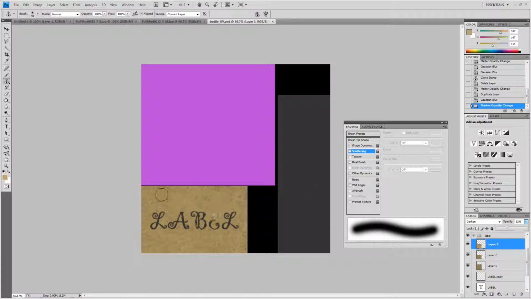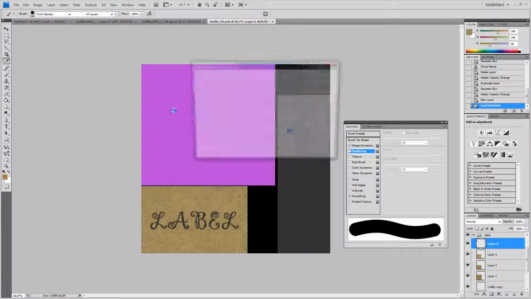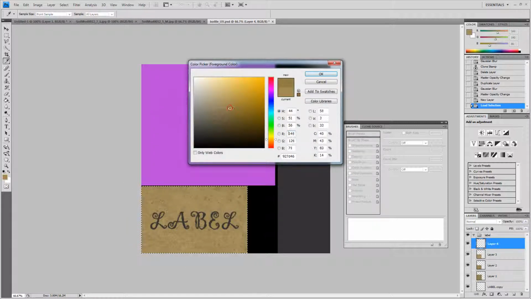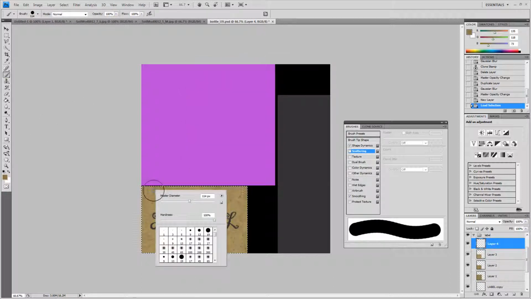I also want a surrounding edge around this that makes it look a bit darker around the edges. So we'll add another new layer, and if you scroll down in your layers tab, hold Control and click on the label layer. Then if I go to my brush tool here, I'll hold Alt and click on a layer here, and we'll select a darker colour, something like that. And then in my brush tools,